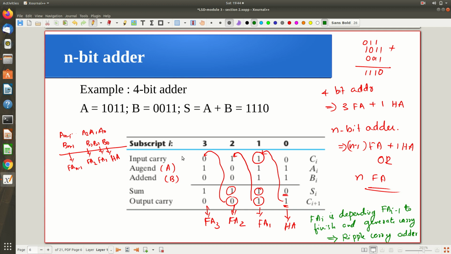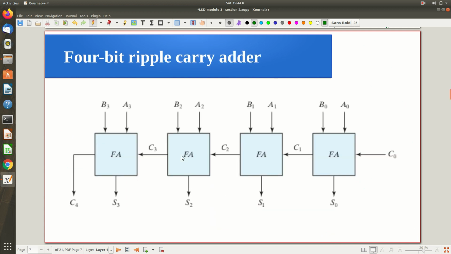So we can do it. Actually there are a number of ways, and one way is carry look ahead logic. We will see that, and then we will understand how that logic is working. But here the problem is that every full adder, the ith full adder, is depending on the carry I minus 1, which is being generated by the full adder I minus 1. So keep that in mind, and accordingly you can see the implementation. So how is this to be implemented?